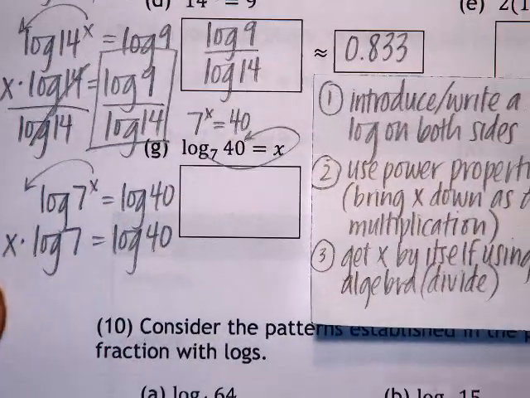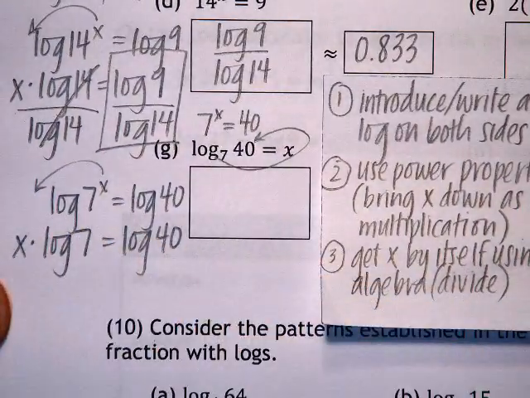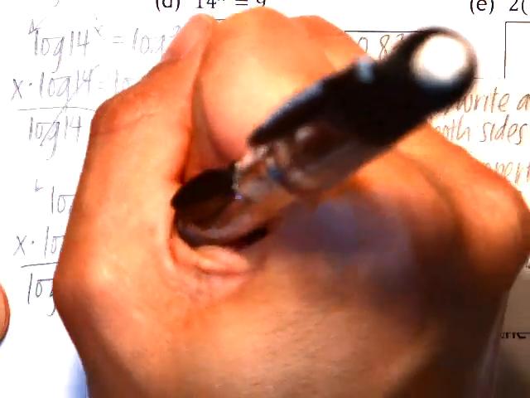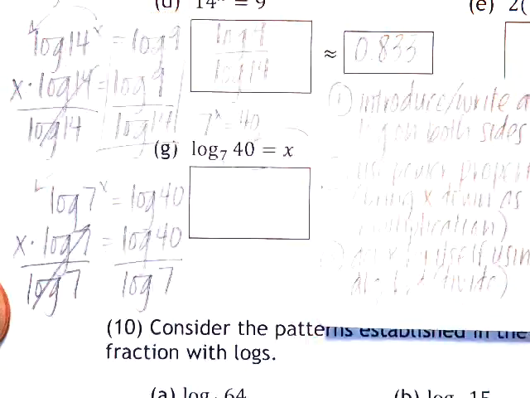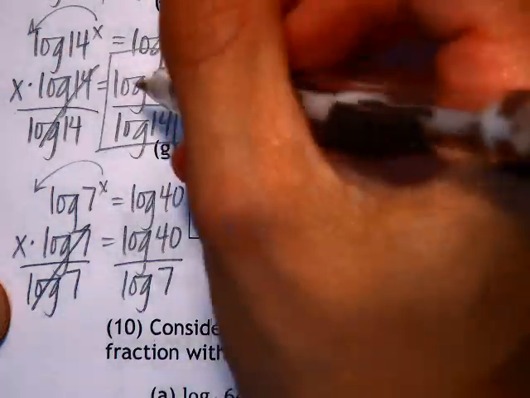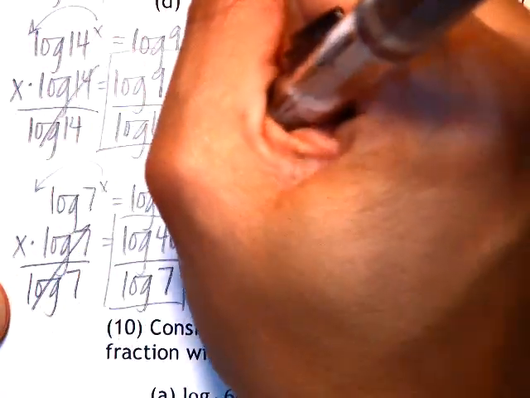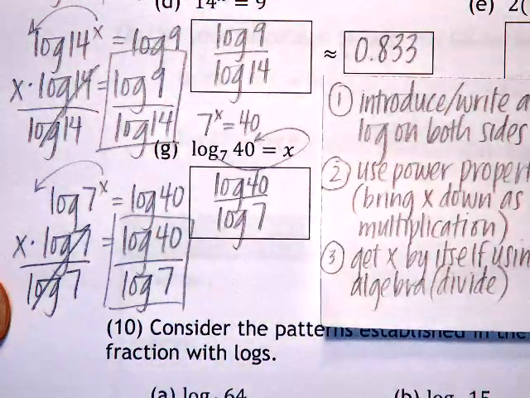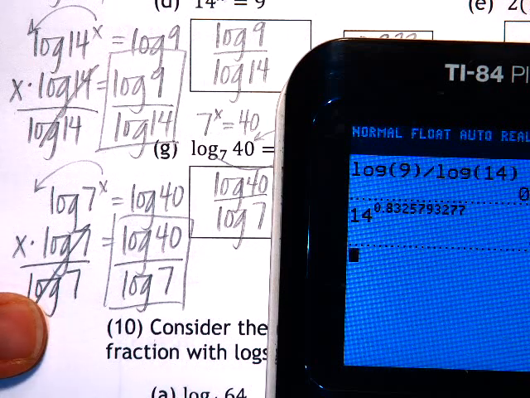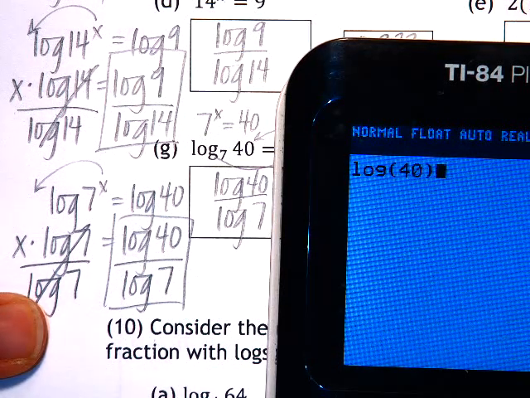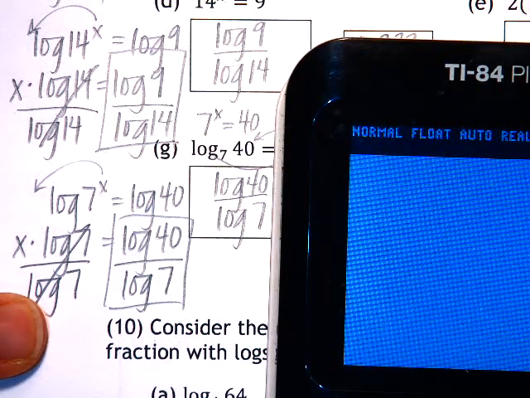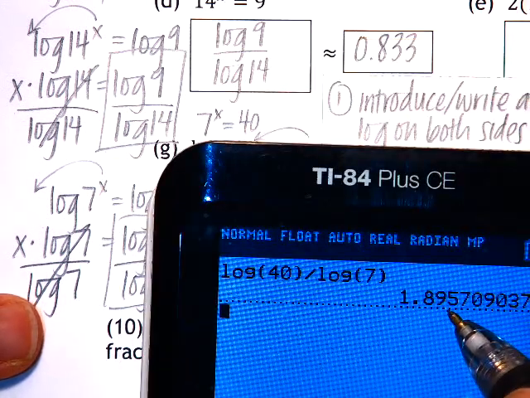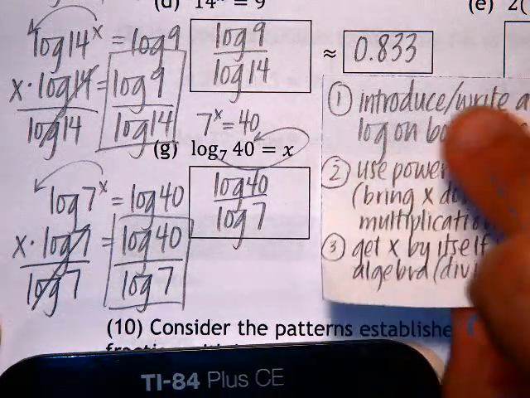And now I can say to myself, okay, well, x is multiplying log 7. How do I get rid of it? I'll divide by log 7. That will cancel out the multiplication, leaving x by itself. And now I have my fraction once again. Log 40 over log 7. If I type that into my calculator, log 40 divided by log 7, I get 1.896 if I round to 3 decimal places,